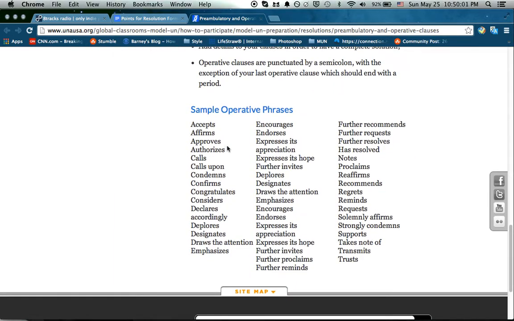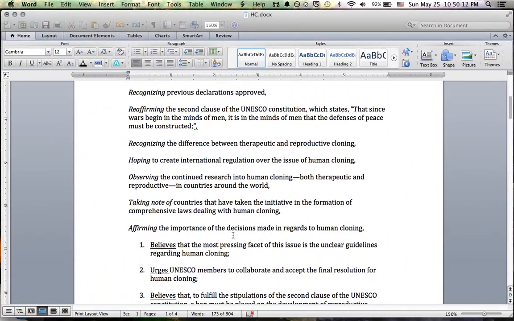Gerunds are generally used in preambulatory clauses. These are all kind of affirmative action, so it has action trigger phrases, and those are the operative phrases. So scrolling down further,